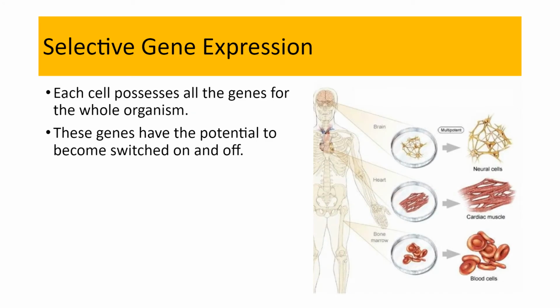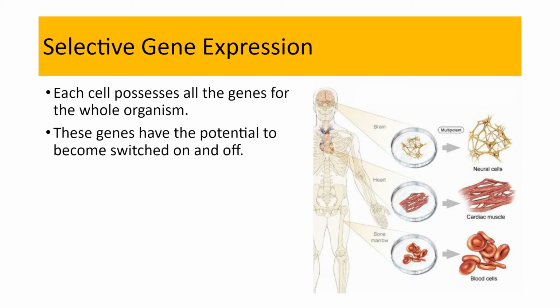So as it says here, selective gene expression. Each cell possesses all the genes for the whole organism. So that's something we've come across before. We know that each cell has all the DNA within its nucleus in a human cell, for example. These genes have the potential to become switched on or off. So that is a really, really important part. Genes are not always switched on. They can be switched on or off, and that will have an impact on what that cell can do, what